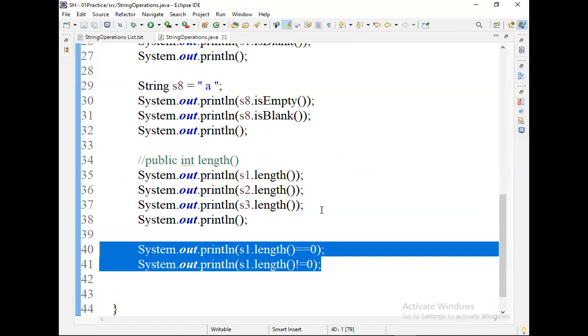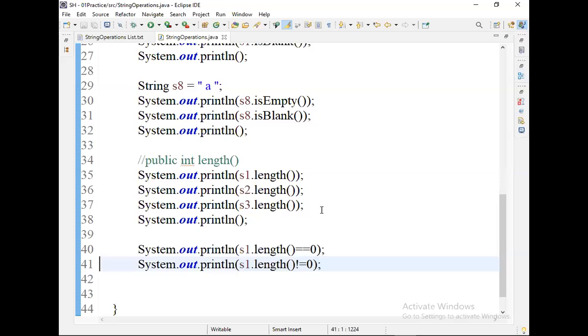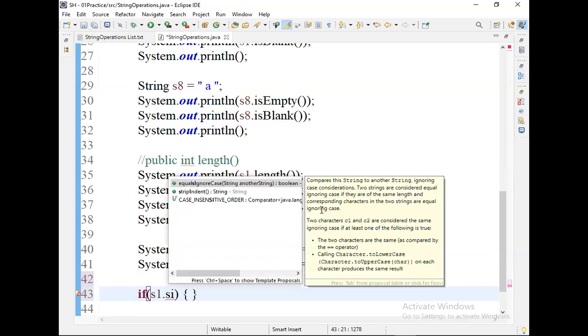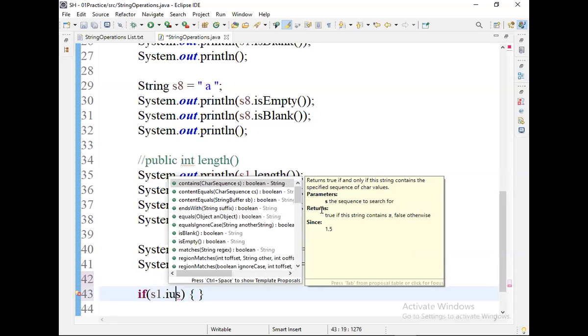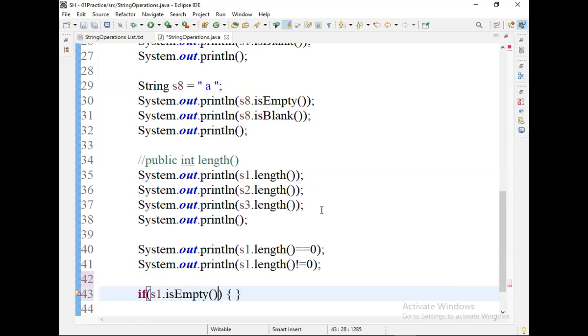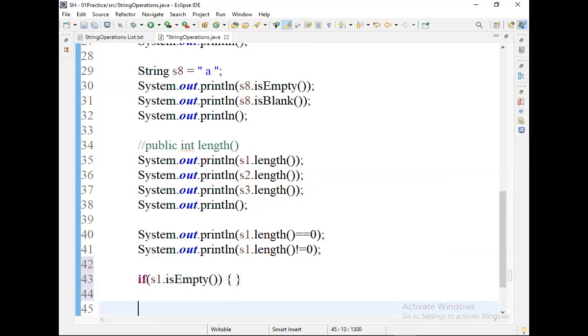From Java 6 onwards, you no need to worry about writing this complicated logic. Sir, is just writing equal to 0 a complicated logic? Yes, obviously. Which one is easier to read? If I want an if condition, if s1.isEmpty() is easy to read.